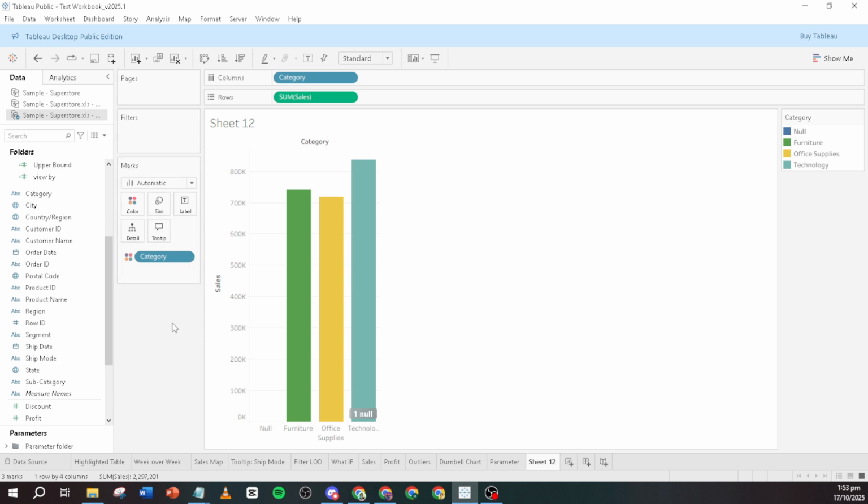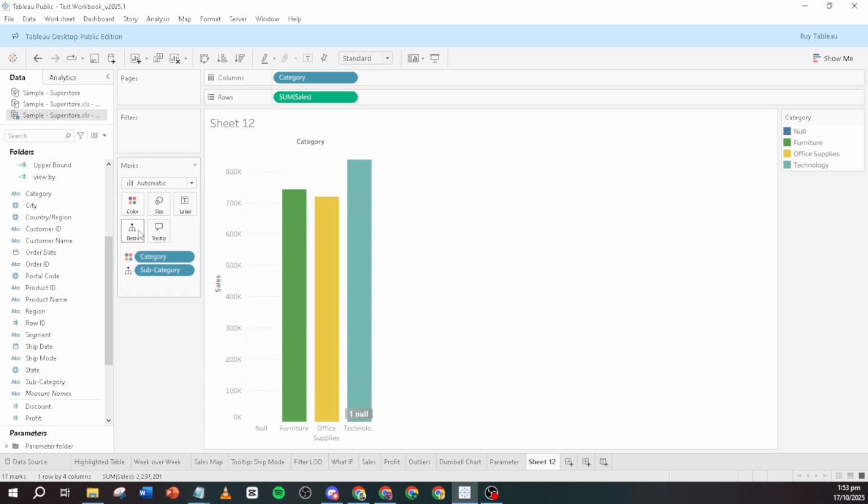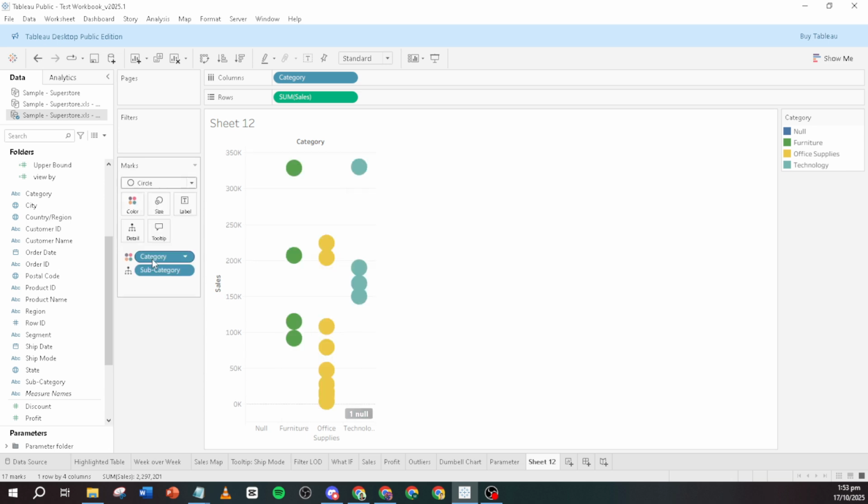To bring more detail into your plot, drag the subcategory field to the detail marks. This little trick will fine-tune your plot, adding layers of information that can be broken down into more specific segments within each category. Before we go further, let's change the marks type to circle. By doing this, the plot will now present each data point as a circle, enhancing the readability and aesthetic appeal